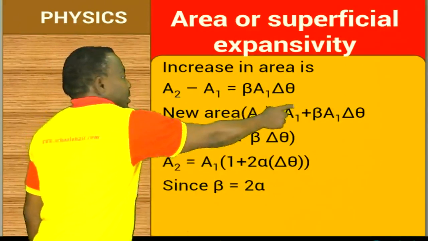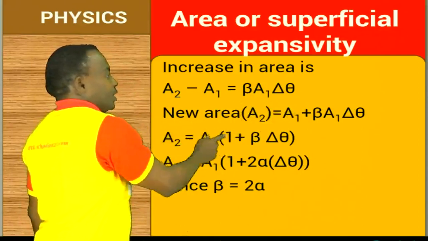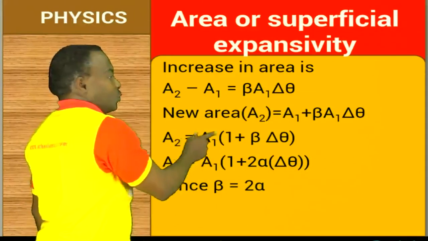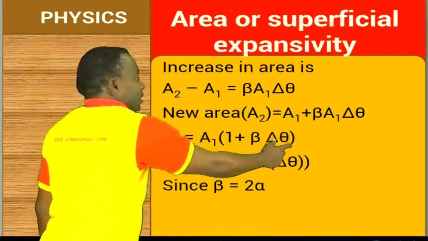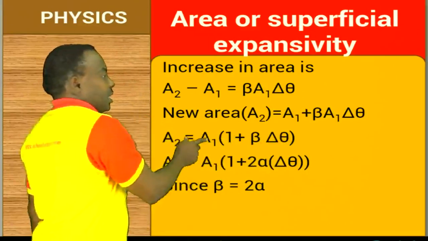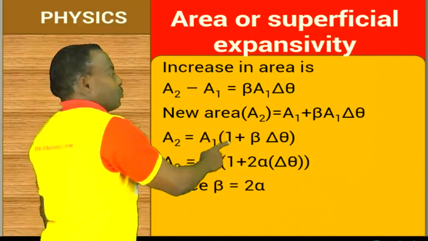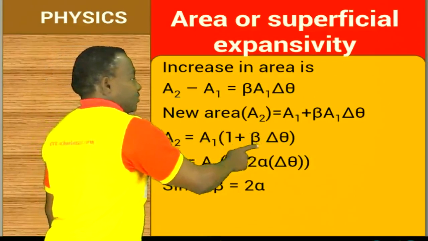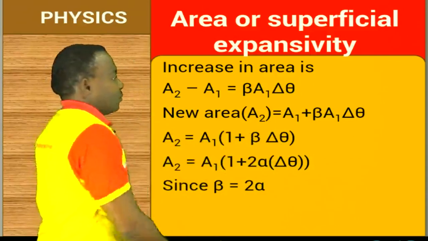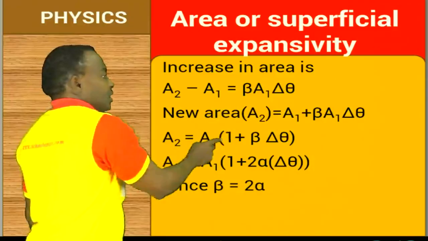If you rearrange it mathematically by taking out the A1, you will have A2 equals A1 bracket 1 plus beta delta theta. That is, the new area equals the old area into bracket 1 plus superficial expansivity or area expansivity times rise in temperature. So when you rearrange that, you have what we have here, because the only difference between this and this is beta,